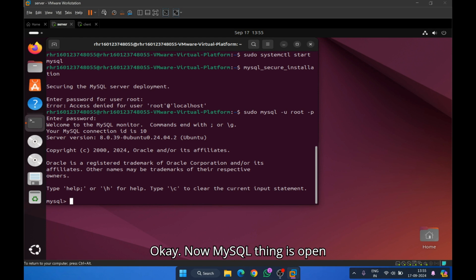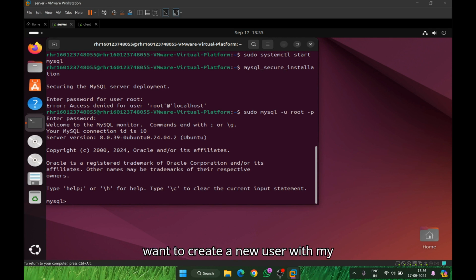Okay, now the MySQL command line interface is open. Now I want to create a new user with my roll number. For that you need to write CREATE USER and in inverted commas add your roll number